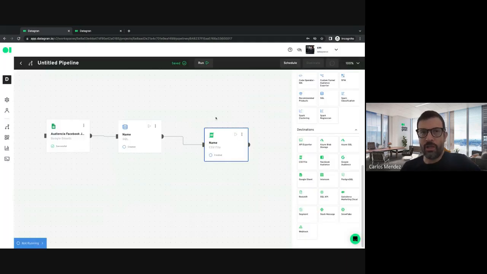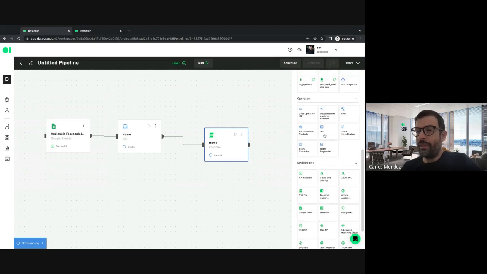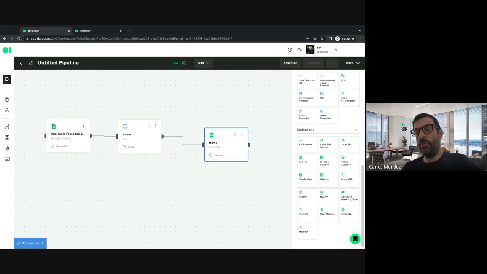But the most important concept to understand here in this quick overview on pipelines, and again, we have full documentation on this in our documentation section, is that we have three elements. Integrations is just the beginning of the flow. Operators are what transform the data, and these operators need to be connected either to other operators or to integrations. And then we have the destinations, which is what receive data either directly from an integration or from an operator, preferably